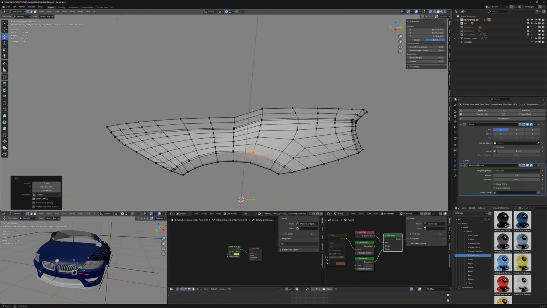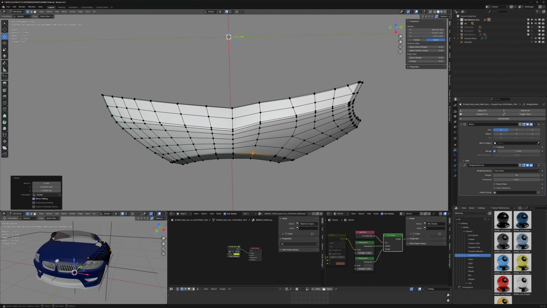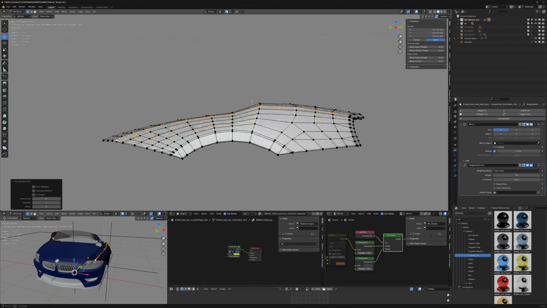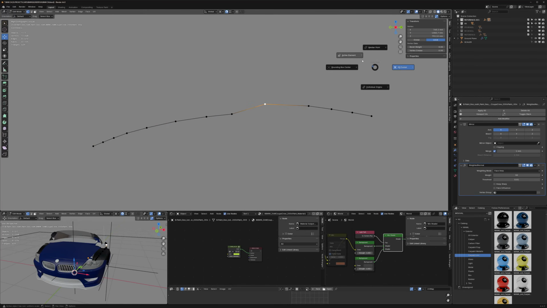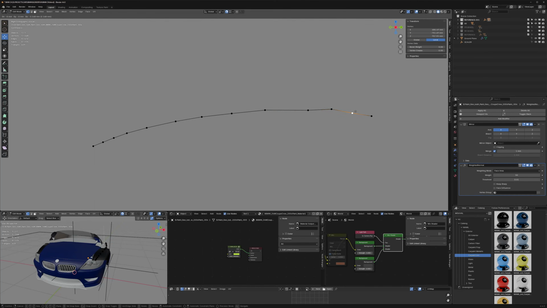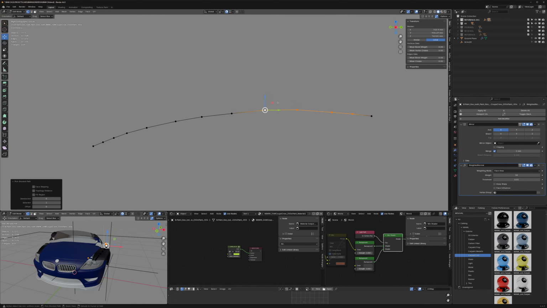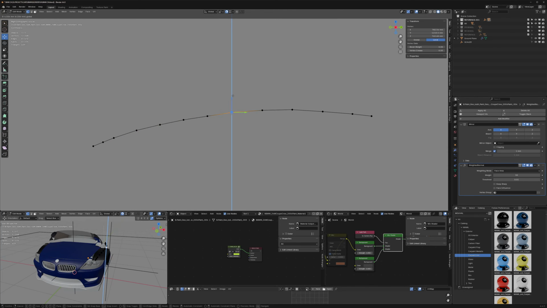So let's work with this edge here first. Edge here sounds like Ed Sheeran. Ed Sheeran here. Let's work with this Ed Sheeran. Let's isolate those. Let's move pivot to active element, and let's just work that edge first, that Ed Sheeran first. So what we're going to do is we're going to just distribute those evenly and distribute these evenly. Move that one up